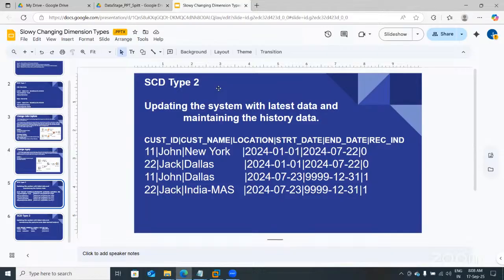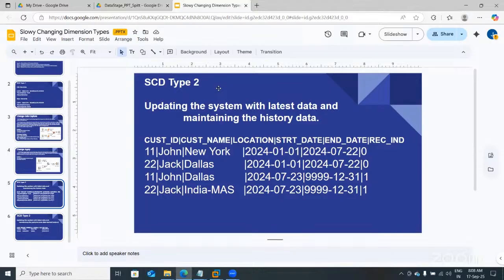As I said earlier, SCD type 2 maintains both current and historical data. If you see the sample address details,